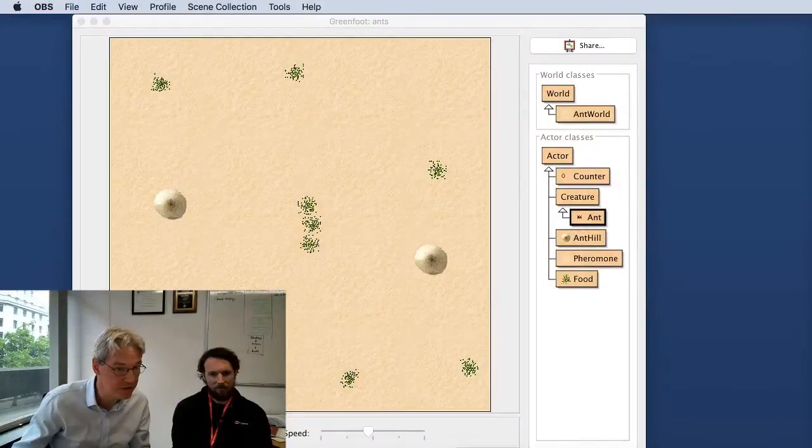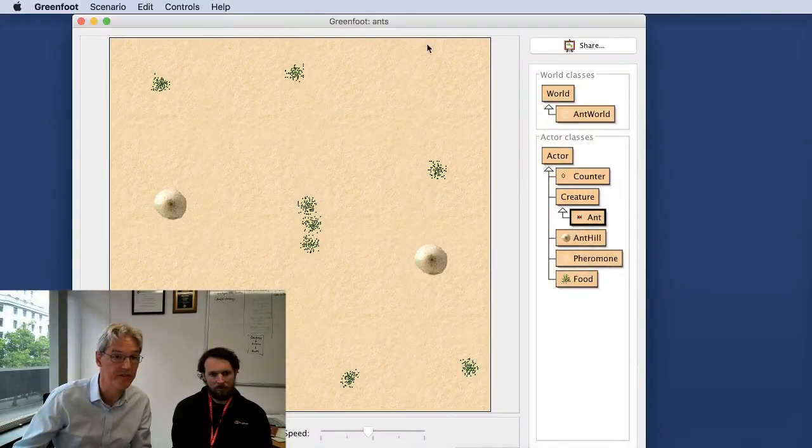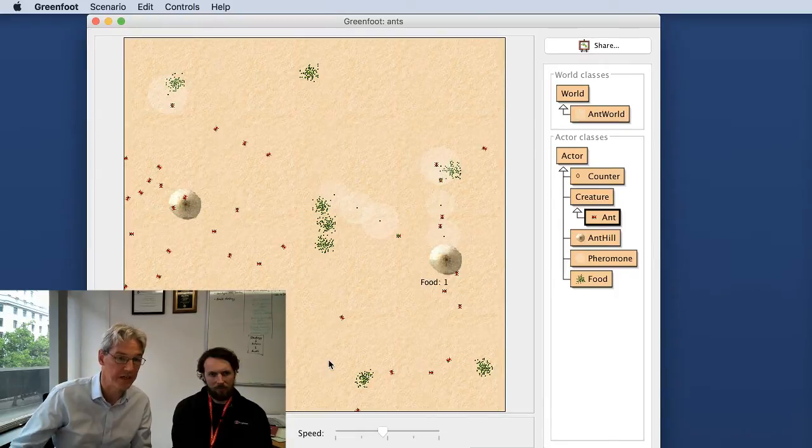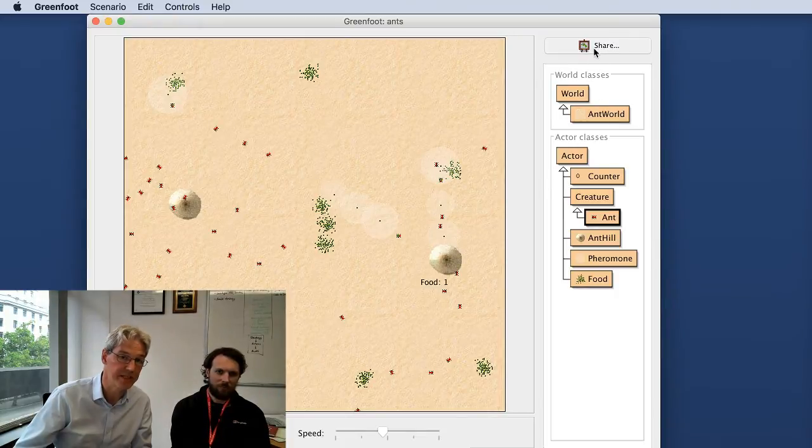Let me switch that over so that I can see my screen here. I've got a scenario here. Some of you will have seen that. It's one of the scenarios that we often use for our instruction, and it comes from the Greenfoot book. It's an ant simulation. Okay, that's finished now. Let's say I want to export that to the Greenfoot gallery. There's a share button here. If I click share,